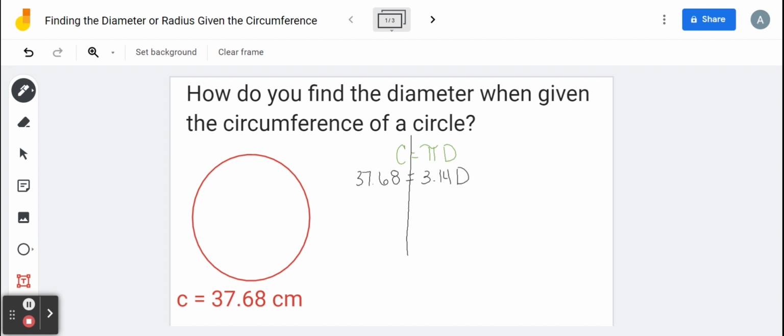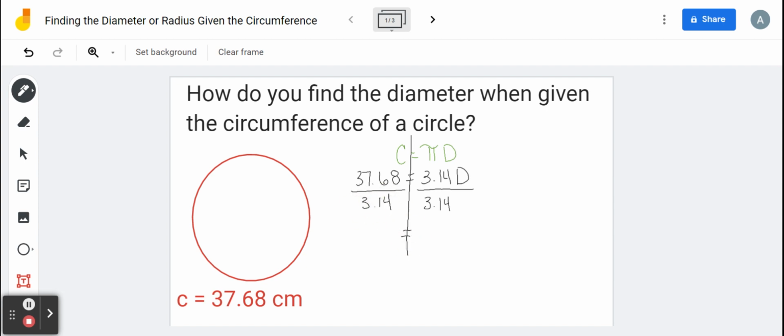So now we're going to solve this like we would solve an equation. So reading this says 37.68 equals 3.14 times D. So to find the variable D, or to get D by itself, we need to use the inverse operation. So if we are multiplying 3.14 times the diameter, the opposite of multiplication is going to be division. So I'm going to divide both sides by 3.14, or pi,